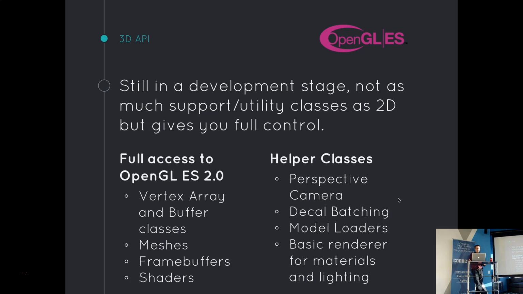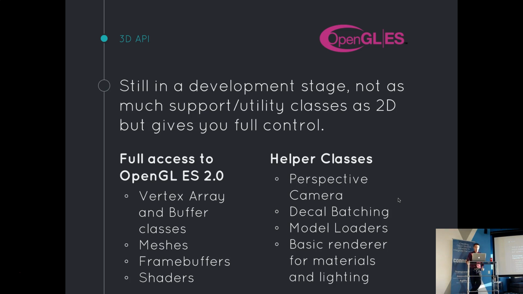But basically it has a vertex array and vertex buffer objects, which help you with managing and pushing your vertices to the GPU. There's a mesh class for loading 3D objects. It currently only supports OBJ files and MD5 files. There's also a frame buffer and shaders, where you can have multiple frame buffers at the same time and create your own shaders with GLSL,